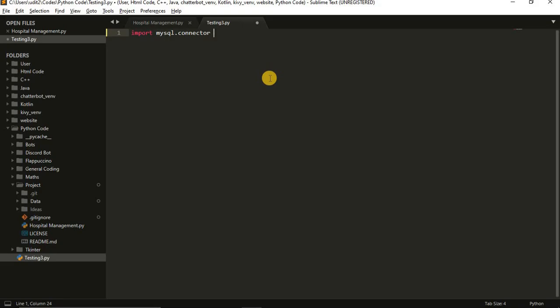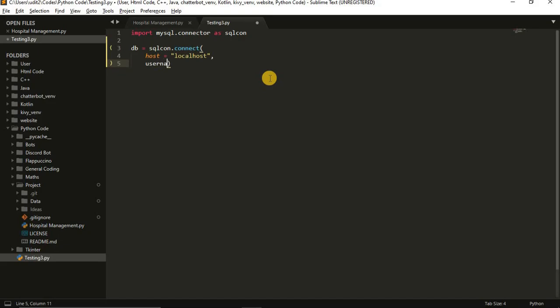After importing mysql connector, since it is a pretty big name, we can just make an alias and call it sqlcon. Now after importing this library, we will make an instance called db, that stands for database, and we will do sqlcon.connect, and it takes a bunch of parameters. The first is host. These are all the necessary parameters. In the host, all we have to do is put localhost.